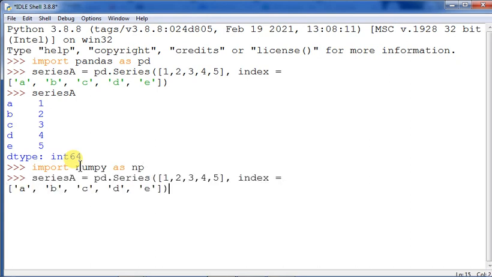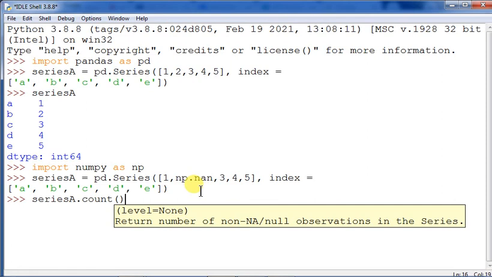Pressing enter, now you see I'm giving series A dot count. Consider it out here: it returns the number of non-NaN values.